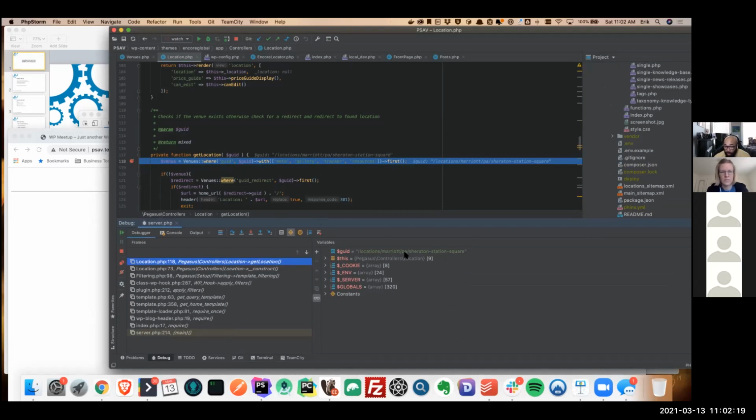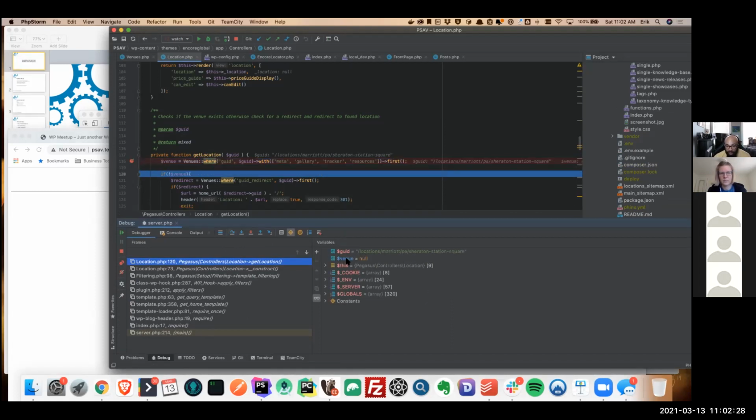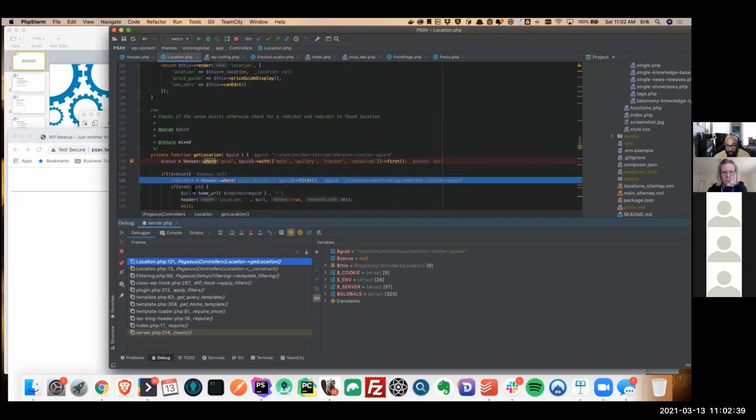So this would let me know maybe I messed up with passing data in. Maybe this isn't trimmed right. If that's not the case, then I can just step over it and see what was retrieved. So now, oh, I know this is going to break. Right now it's null, but I do have a condition that says if null, do the redirect. So I'm going to step in and see what happens next.